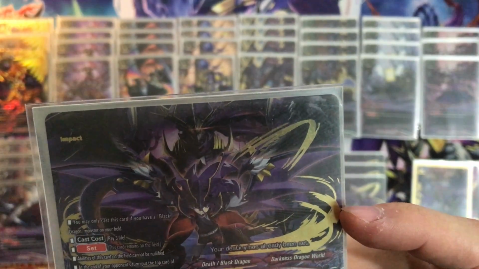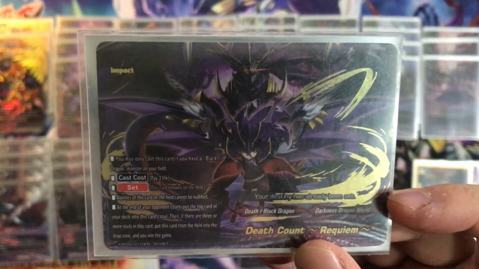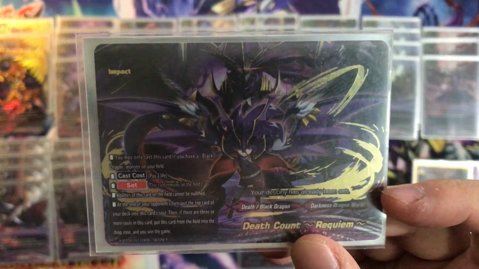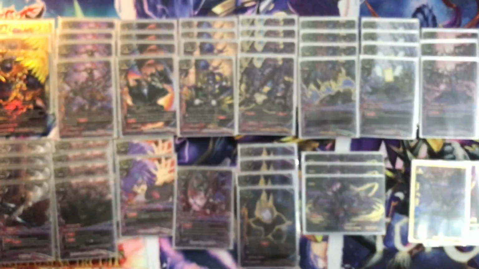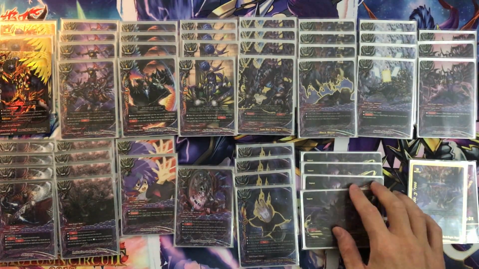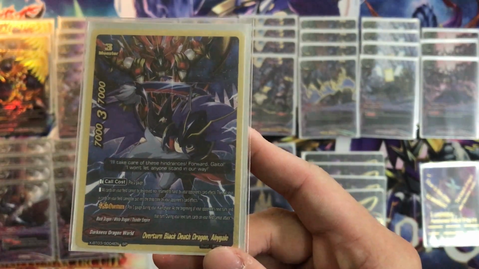Abilities on this card cannot be nullified, so it can't be affected by Frozen Stars. At the end of your opponent's turn, put the top card of your deck into this card. So then if there are 3 or more cards in the soul, you win the game. Easy. Alright. So, and the buddy I use is Overturn Black Dragon Death